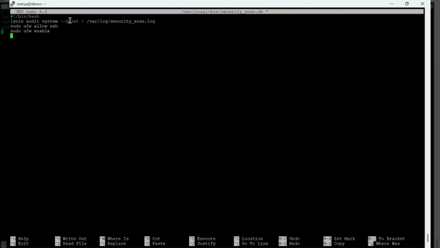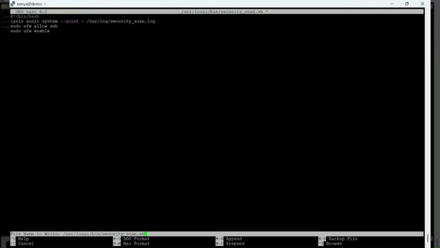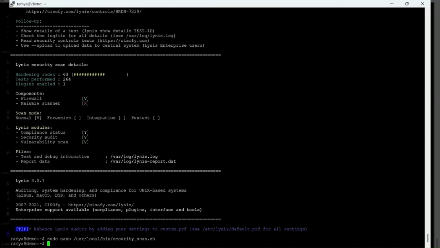/var/log/security_scan.log saves the results to a log file for later review. By including allow SSH in the script, we make sure the firewall can be safely enabled automatically without locking ourselves out, which is a key step in automated security remediation. Save and exit. Now, this script will run Lynis quietly and store all scan results in a log that we